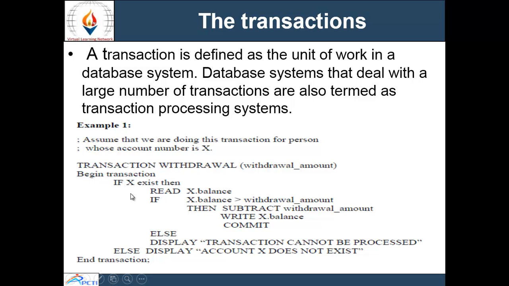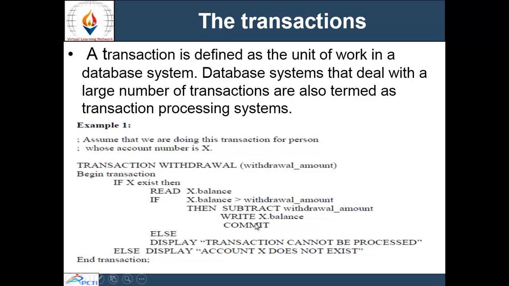Begin transaction. If X exists, where X is the account number, meaning the account number exists, then it will read the X balance. If the X balance is greater than the withdrawal amount, then we subtract the withdrawal amount from the X balance and write the X balance. Then we perform commit.